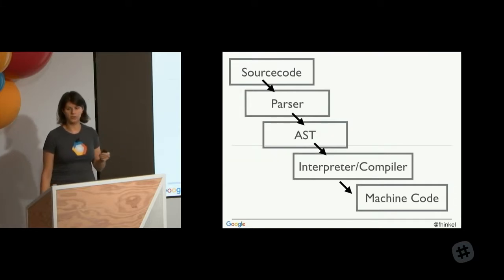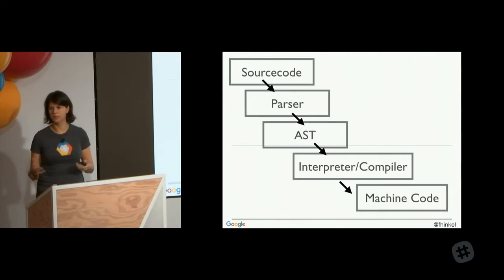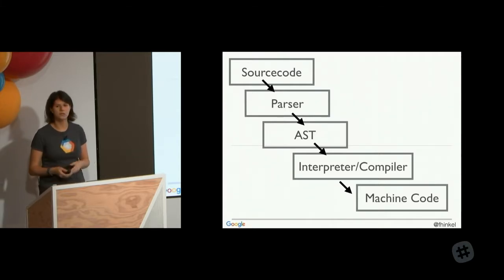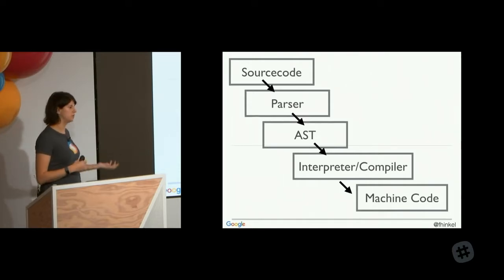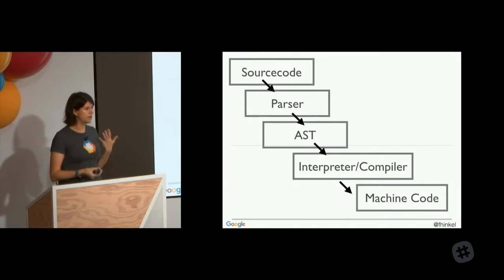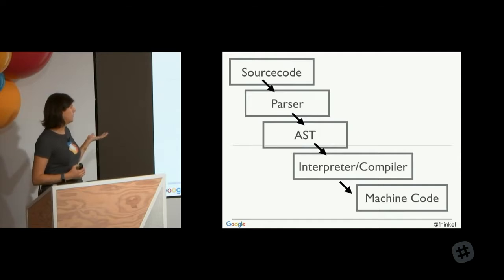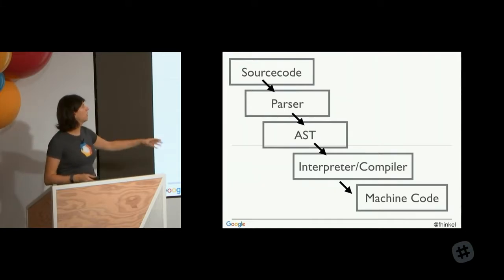So your typical compiler toolchain, you always start with some source code, obviously, and then the compiler or the engine has a parser that takes this human-readable source code and turns it into an abstract syntax tree, an AST. That's a different representation of your source code that's more suitable for computers to read than the actual source code. And then the interpreter or compiler, depends on what language you talk about and the context, then takes this abstract syntax tree and generates machine code. And you can run this machine code then. So that's your typical compiler toolchain.